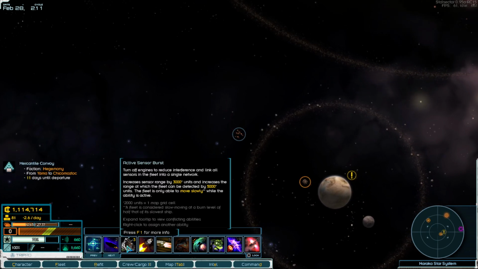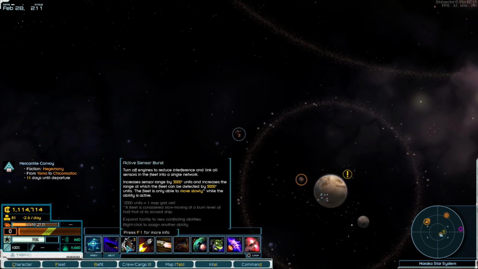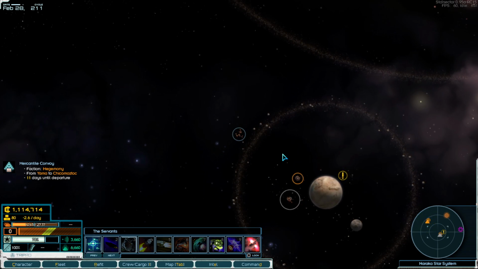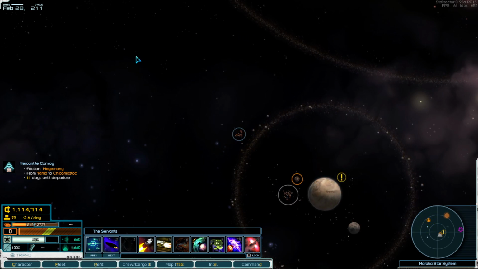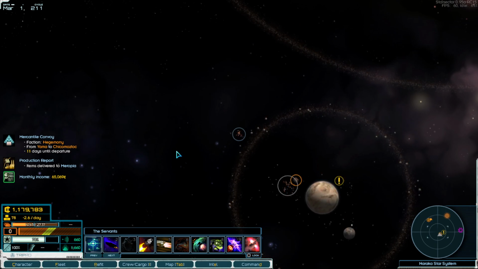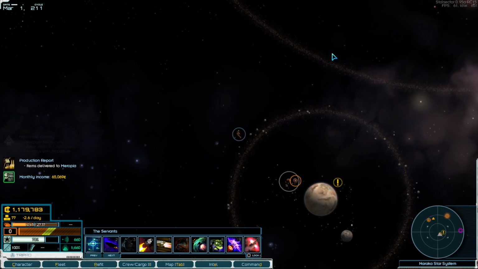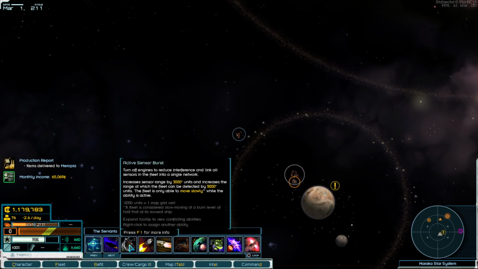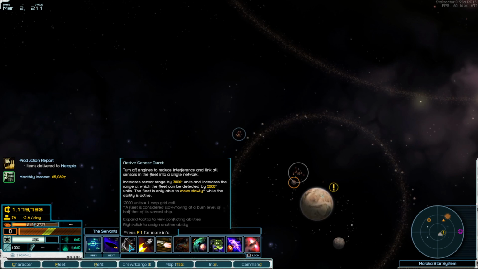Then the next thing we have is an active sensor burst. This is basically like a sonar in subs. You activate it, and if there are things outside of your field of vision, it will generally tell you, hey, there's something outside your field of vision, you can check it out or not whenever you activate it. The downside to the sensor burst, however, is you shouldn't use it all the time,